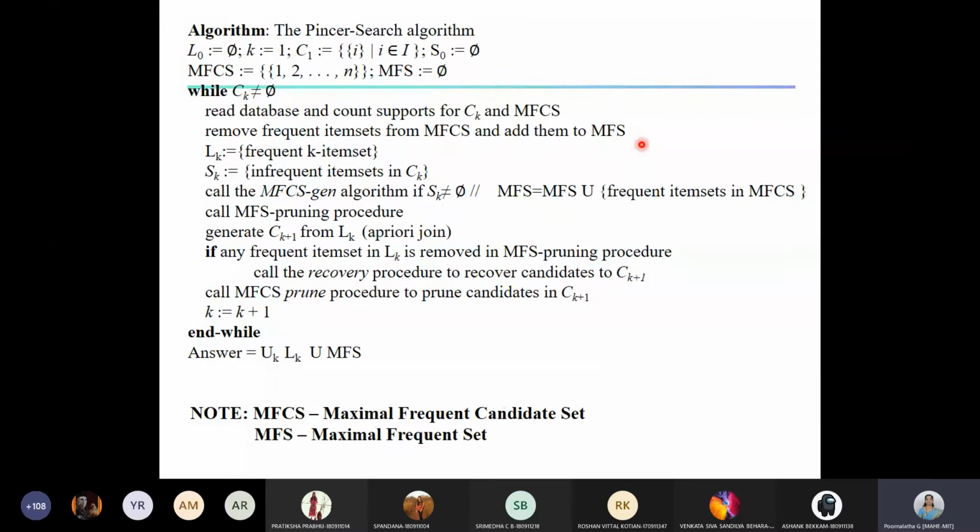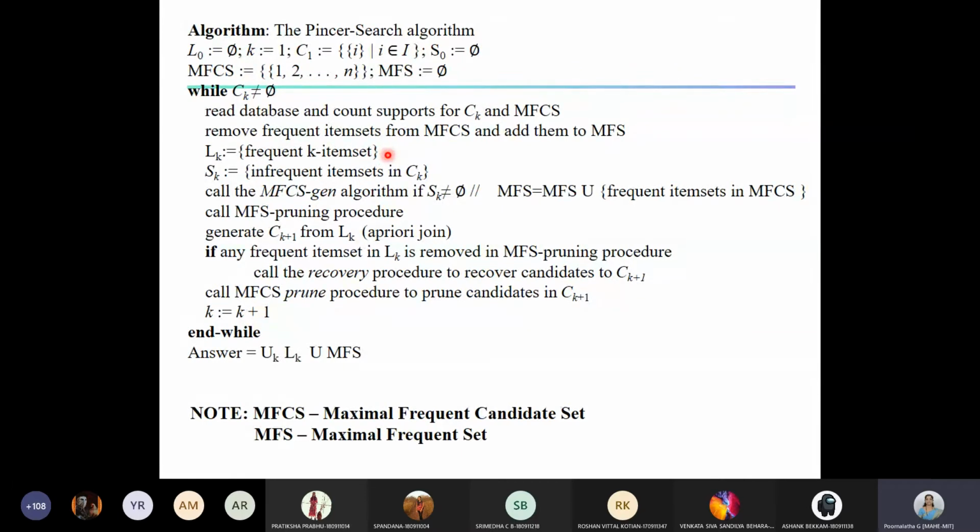At the same time, for the bottom-up approach, we also have the counts of Ck. The items that are frequent in Ck, we move into Lk, the frequent k item set. In the beginning K is 1, so we will have L1. All the items present in Ck whose support is more than the threshold become part of Lk. This we used to do in Apriori: once you read the database and get the support count of C1, we move the frequent item sets into L1. The same thing we are doing here.